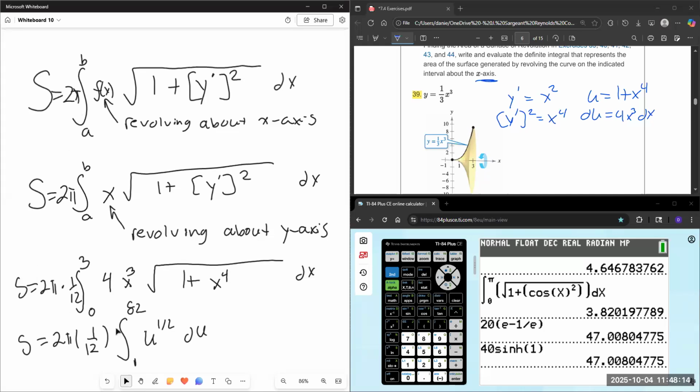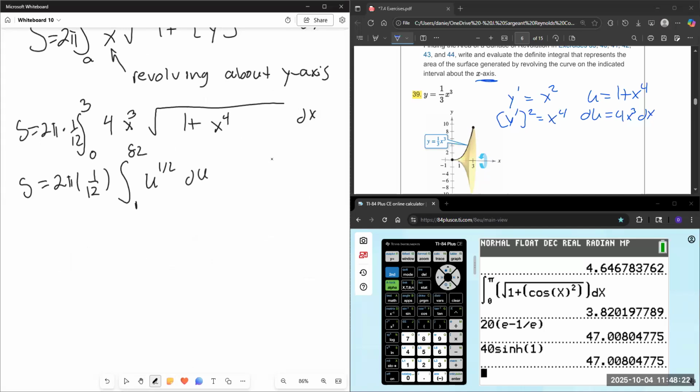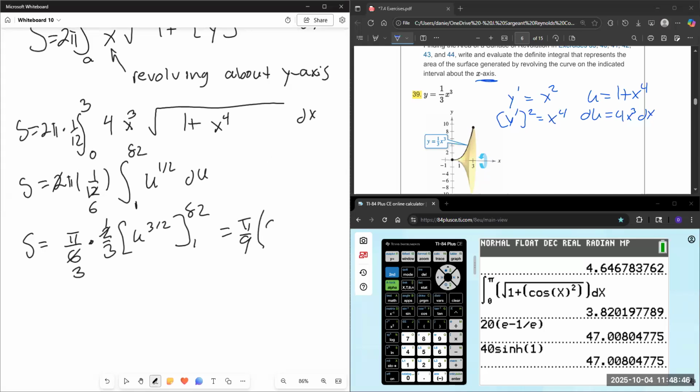I got the formulas right, and I was so excited about telling you which multiplier, I forgot to write my 2 pi in the formula. I'm sorry. So 2 into there, S is pi over 6, and then this is u to the 3/2 times 2/3, 1 to 82, and that is 3. So this is pi over 9 times 82 to the 3/2 minus 1,